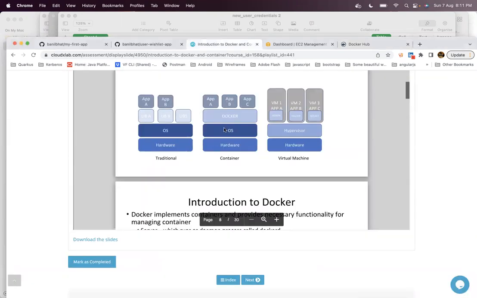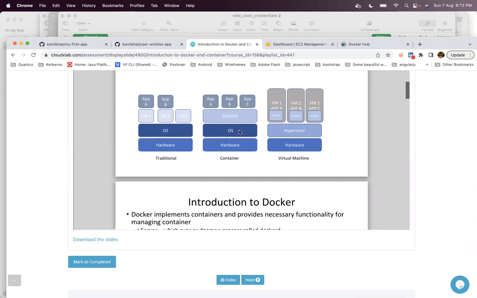Here you can see it's the same as an Azure VM, but there is no operating system in that particular backup. Whatever backup you take doesn't contain the entire operating system. It contains only the applications that you want to deploy, not the operating system. In this example, in the middle, VM basically means it contains the entire operating system. On the right side, you can see the VM also contains the OS.